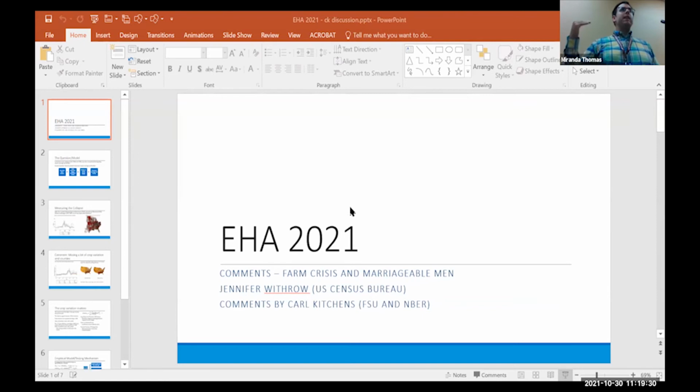So as this quality degrades, these potential matches are less attractive. So women may just choose to wait to find a better match. This postpones the marriage, and as marriage is postponed, it's going to affect fertility. So this is the chain of events, and then the way that we want to think about it. Some of my comments are going to come back to this chain of events because